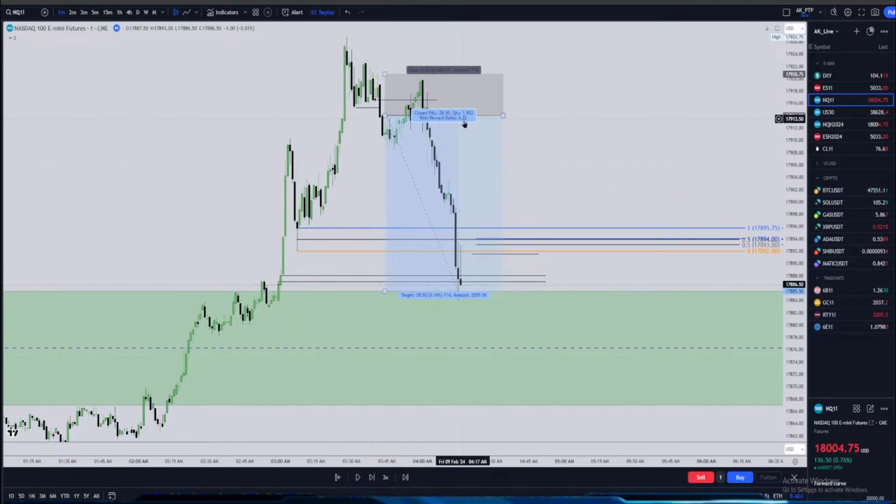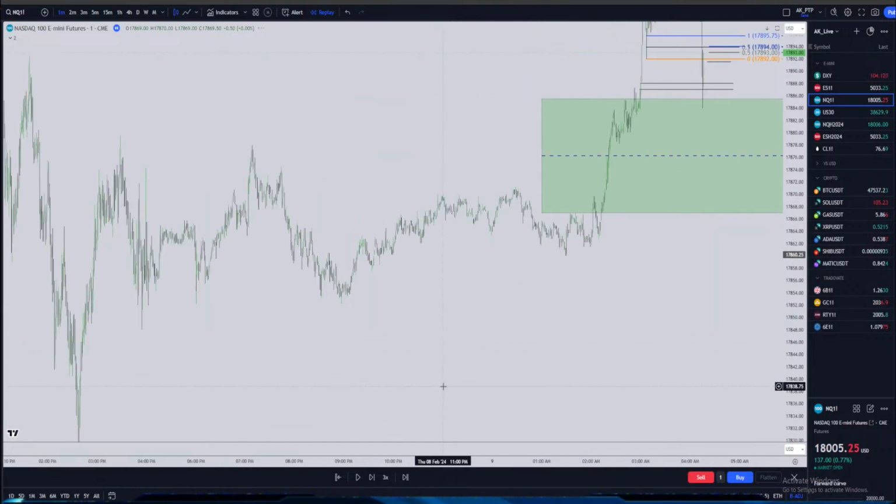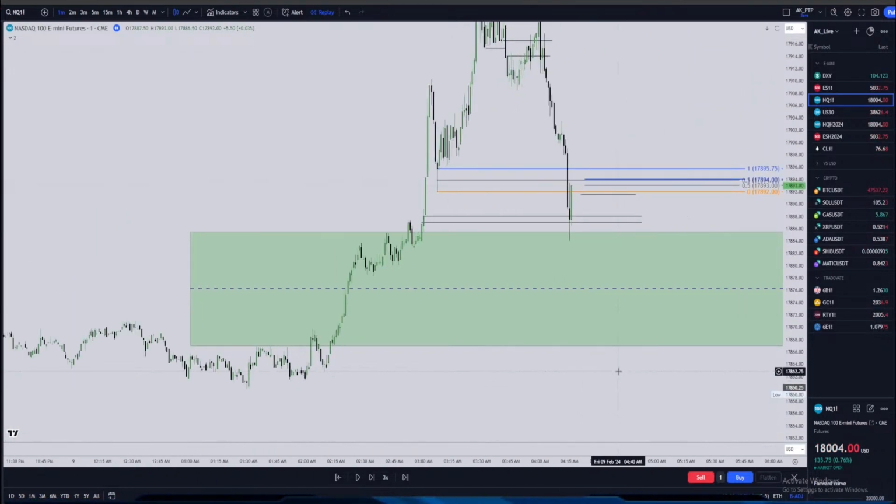Okay, this is 4.22. Now I'm not saying you can target until this, because even if I took that entry, I would maximum go for that 15 minutes fair value or the 1 to 2, something like that, because market is bullish. I'm not willing to take a sell short on a day when, like, one a week or month where market is this bullish. But I hope this is